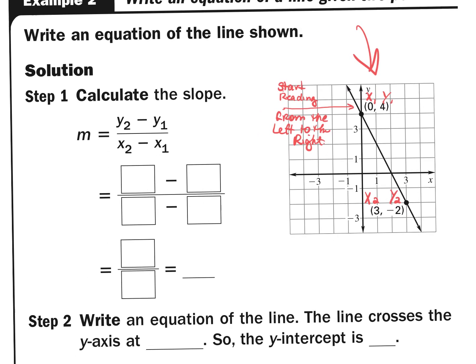We're going to calculate the slope. Step 1. So we take y2, which is here. It's -2 minus y1, which is 4, over x2, which is 3, minus 0. Okay? So -2 minus 4 is -6. 3 minus 0 is 3. And when we simplify this fraction,